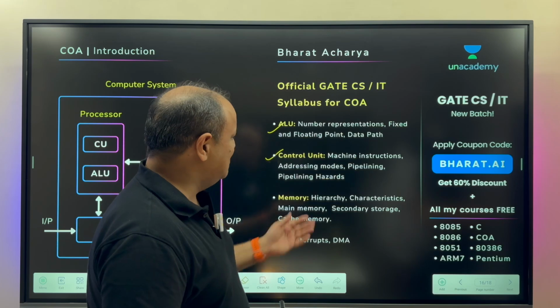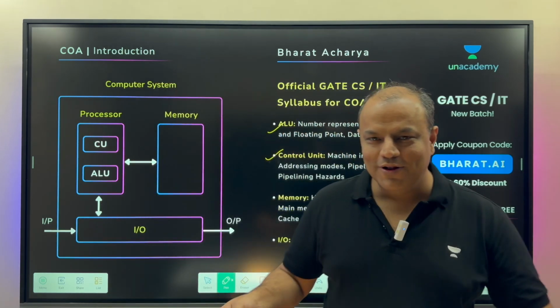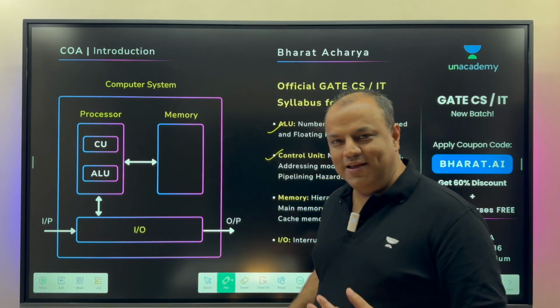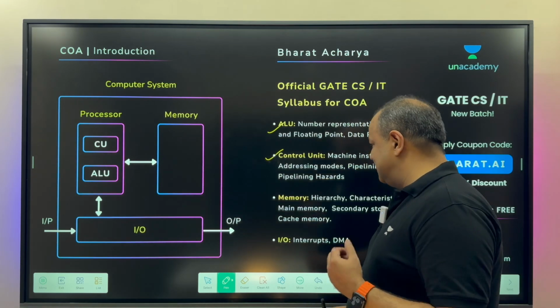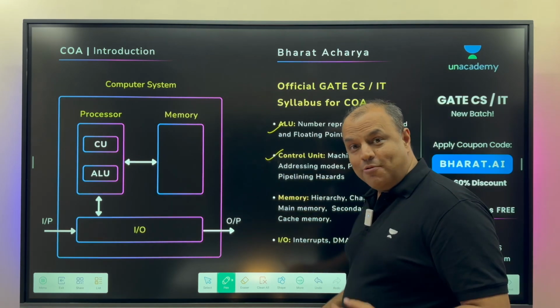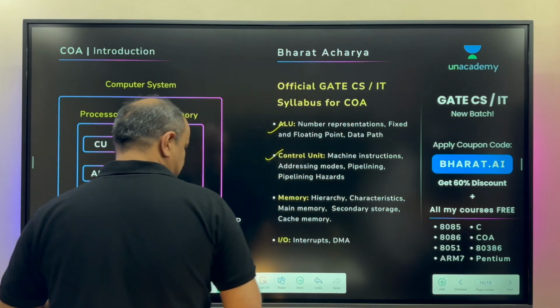It's a technology that's driving all the GPUs, etc. It's pipelining that's making them so fast. So you need to learn pipelining, understand its hazards, its drawbacks, how to overcome them, and so on.